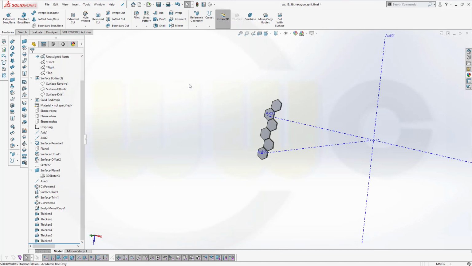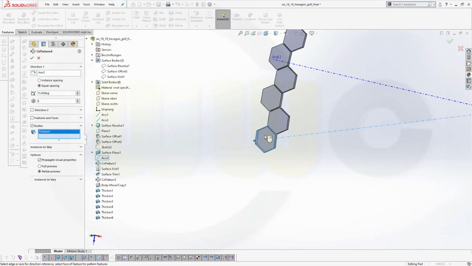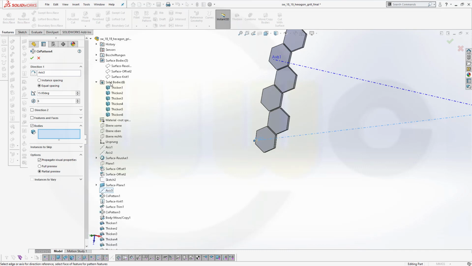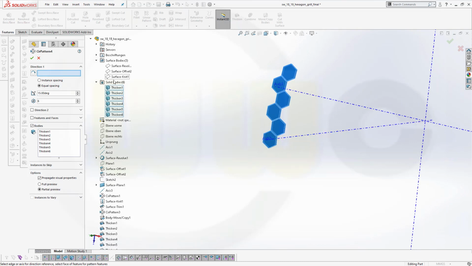Okay, now let's pattern those and go for another circular pattern. Bodies, I want to pattern bodies, of course. I want to pattern this body. Somehow it doesn't work as expected, but let's select them here. The axis would be not this one, but it's kind of slow. Don't know why, but the axis would be this one,